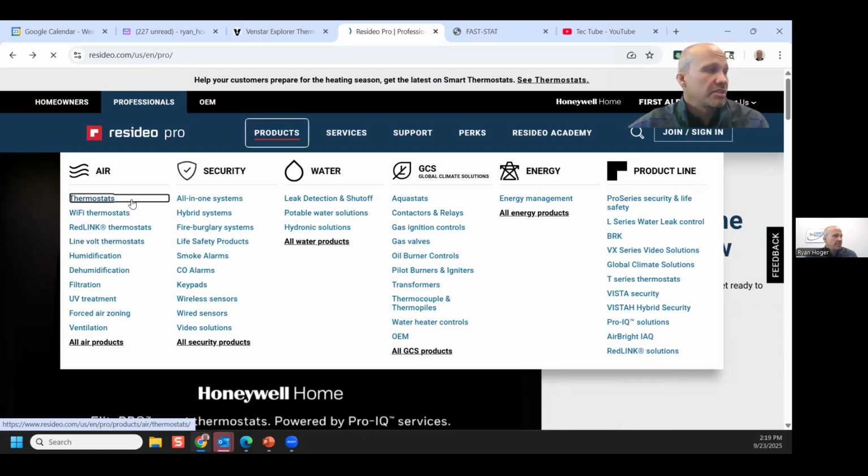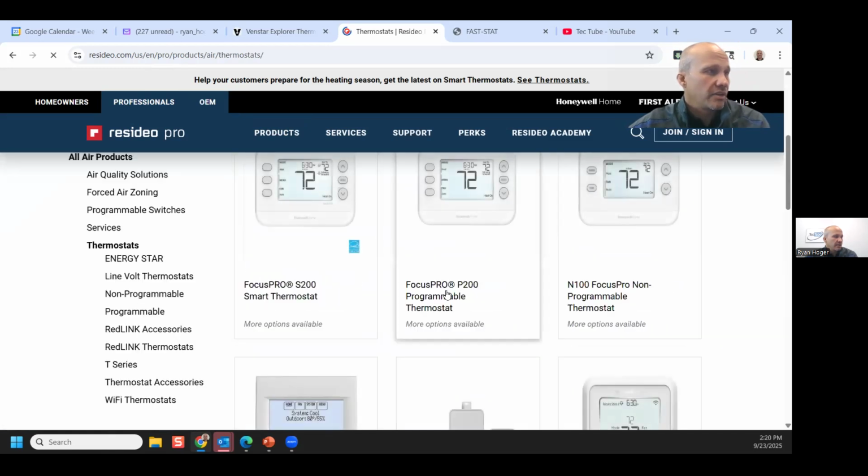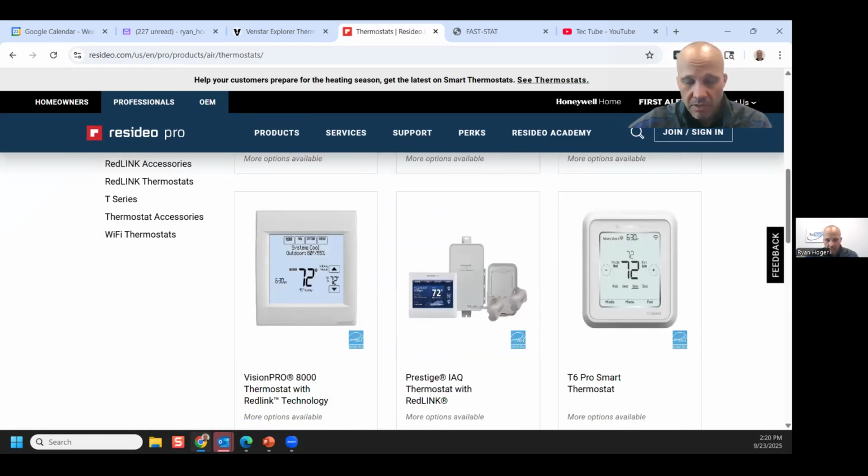But anyways, you click on thermostats and it brings up all the various thermostats that you'd expect to see, like any other decent website, right? What you will want to get from Honeywell, for those of you that work with Honeywell,